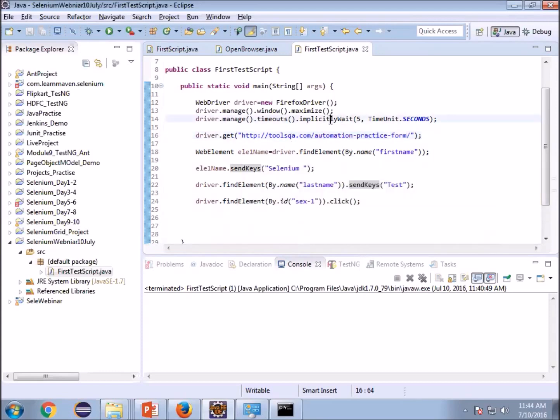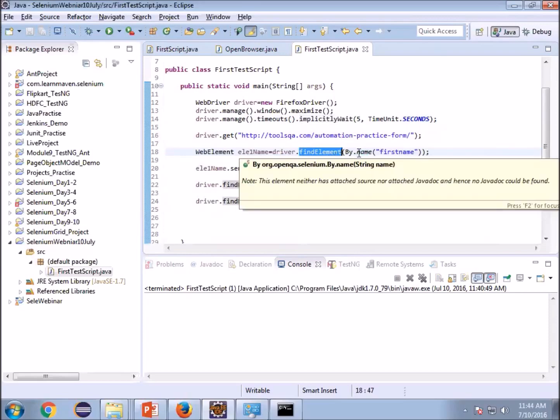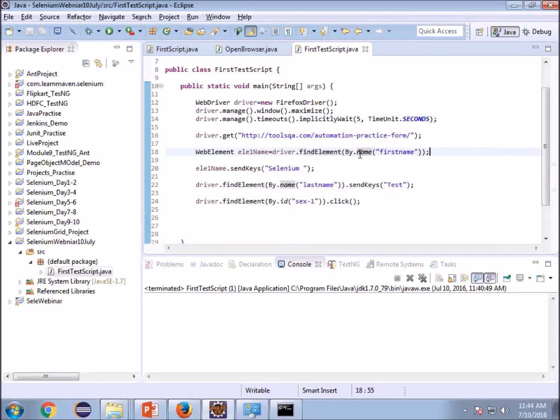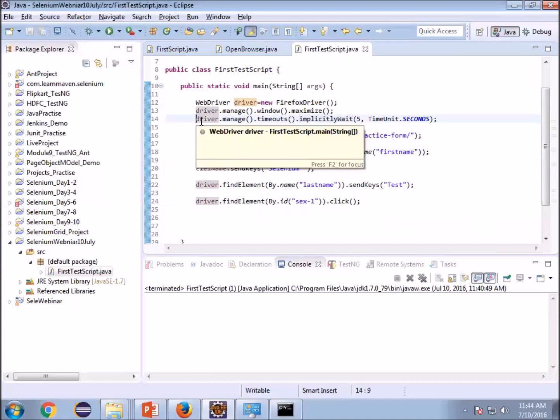And this implicit wait is applicable for all your lines. For each line it will wait up to 5 seconds if that line is taking time to execute. If this line executes in 1 second, it will not hold for the next 4 seconds, it will move to the next line. So this is how you achieve synchronization in Selenium.